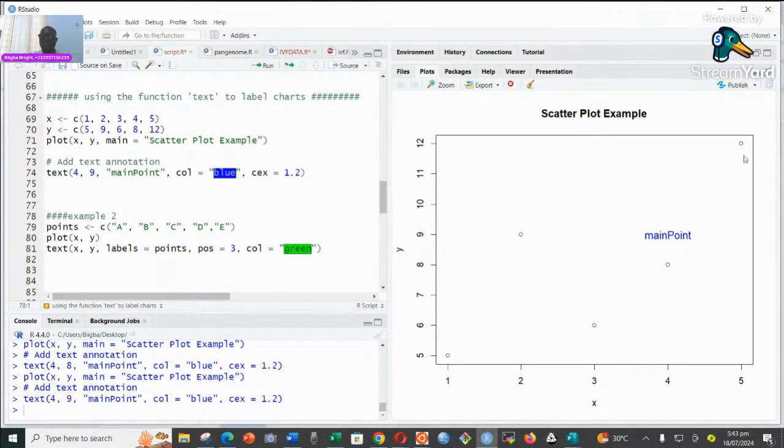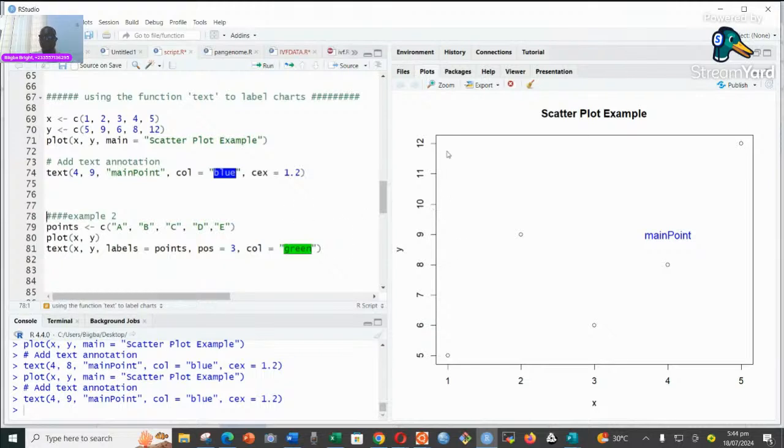What if we wanted to label all the points? We wanted to label all of them and give them different names. So we can create all the names and then give them to the points. There are about 1, 2, 3, 4, 5. So one of the easiest ways to do that is to